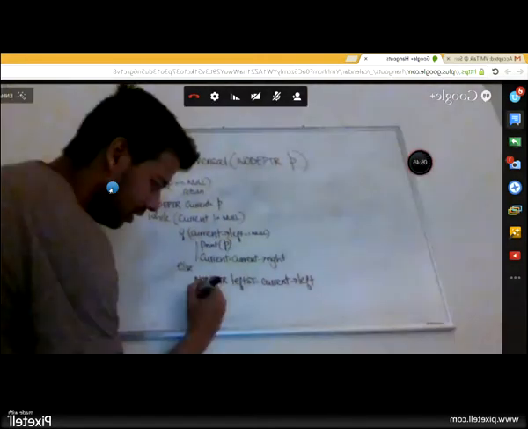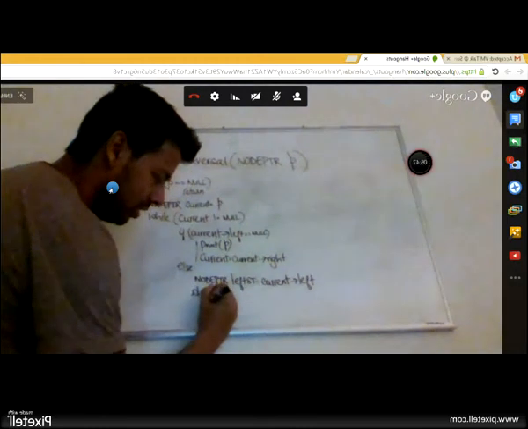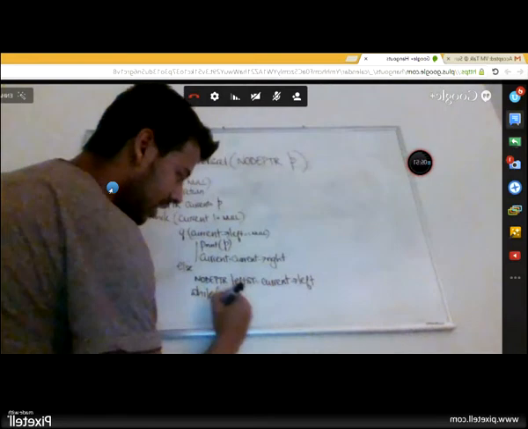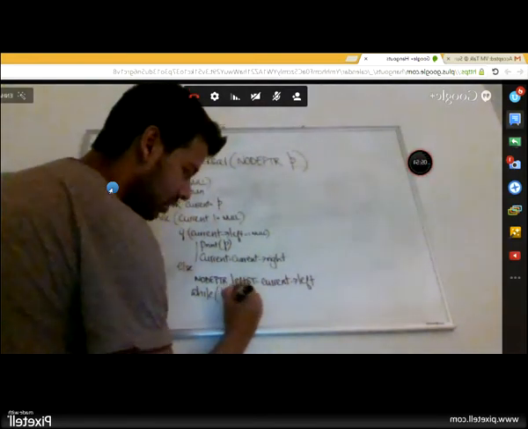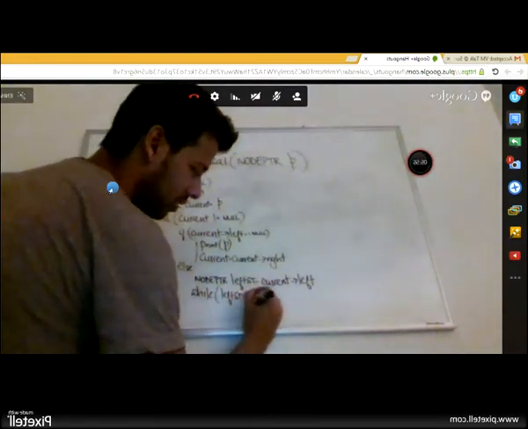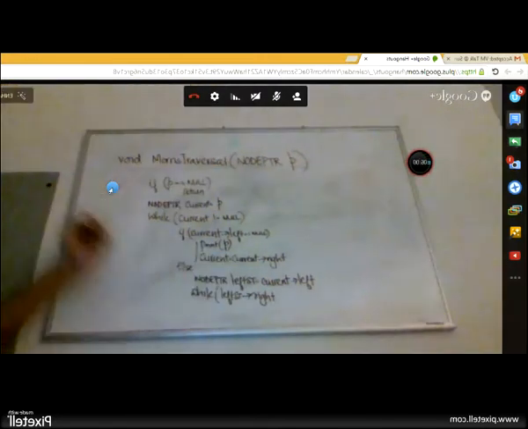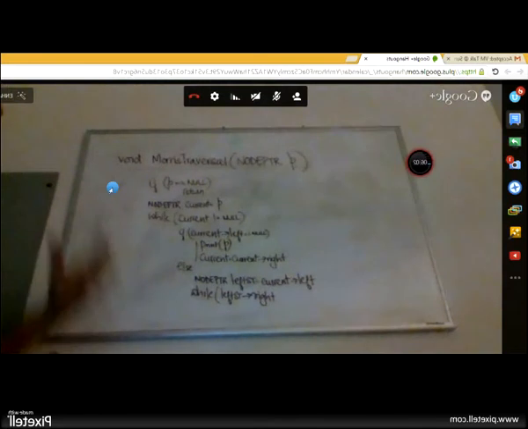And I have a loop to find out the in-order predecessor. It basically says that while the right kid, keep going right, because we already said that the in-order predecessor is the rightmost node of the left subtree.